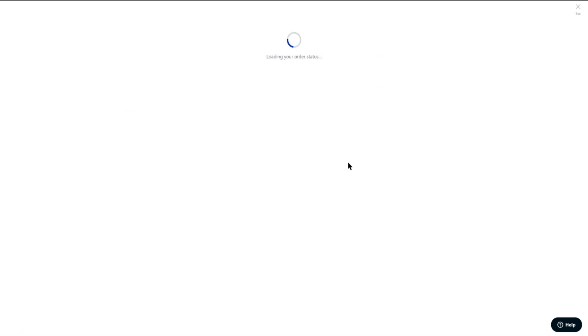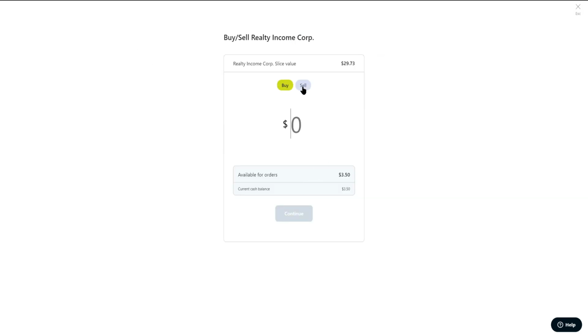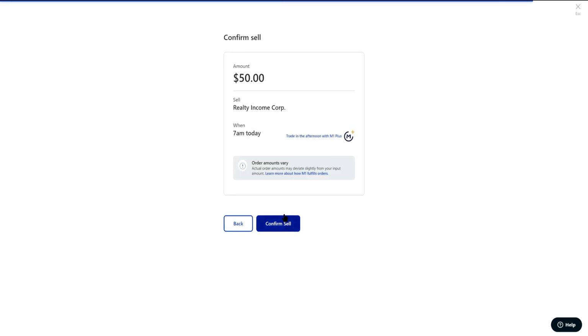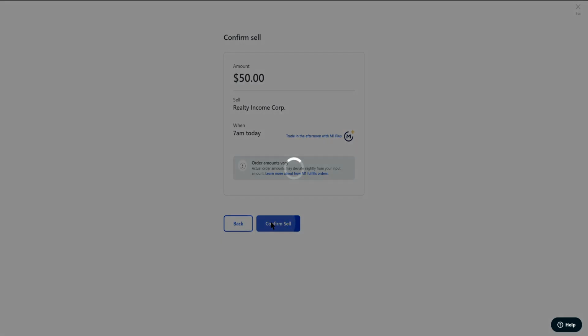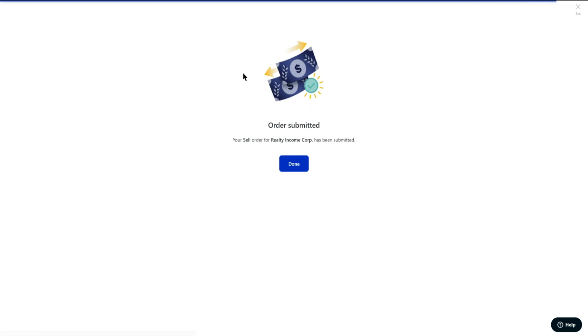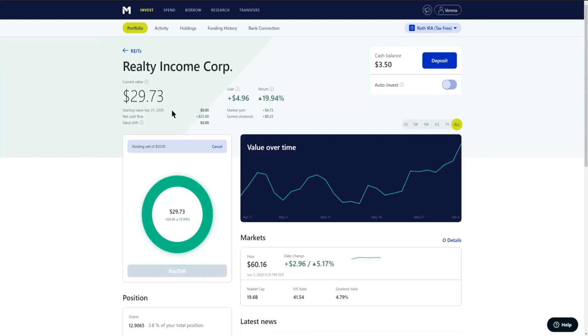I can select buy sell, and I'm going to go ahead and sell $3.50. Oh no, I have more than that in here. I have $29.73. Actually, we're going to go ahead and overshoot. Always overshoot when you want to 100% sell out of a specific holding. So I'm going to go ahead and select $50 of this holding completely gone,